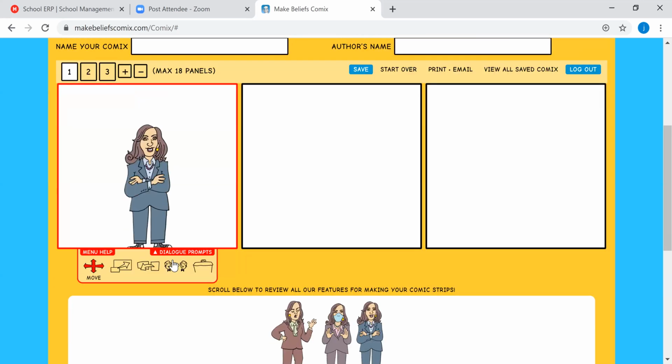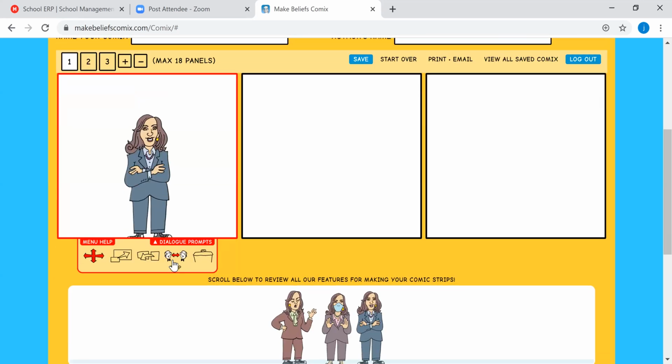After this, what do we have to choose after selecting? After selecting the character, it will appear. Select the one you like for your story and it will appear on the blank panel. You can control the character in the panel by moving.